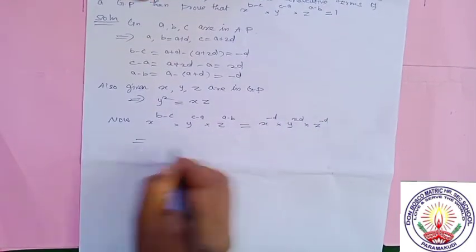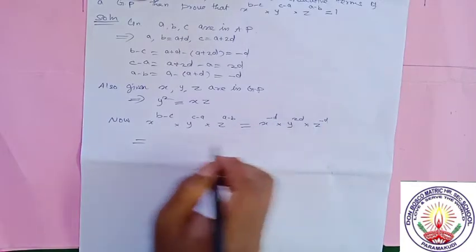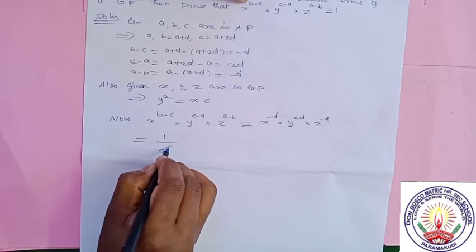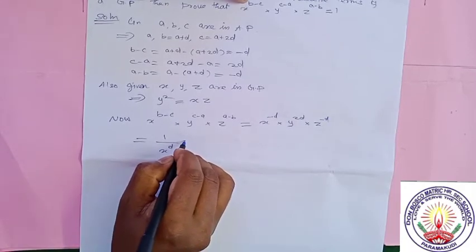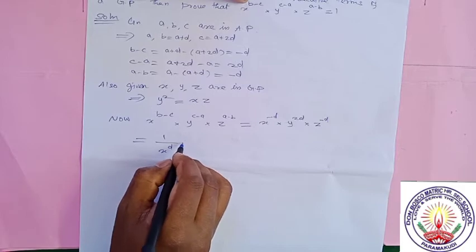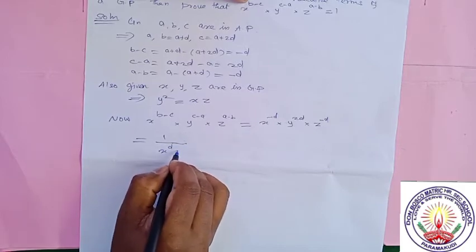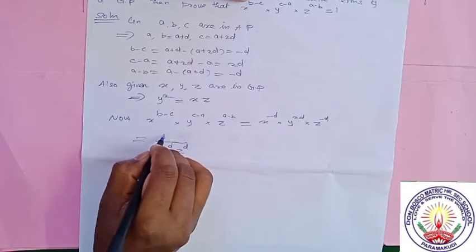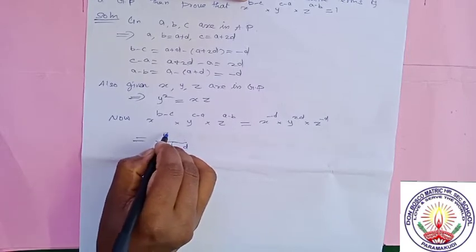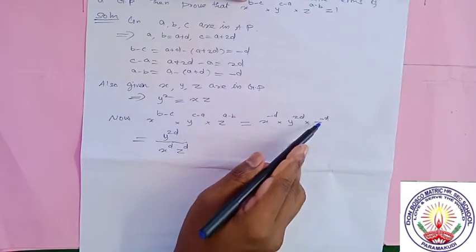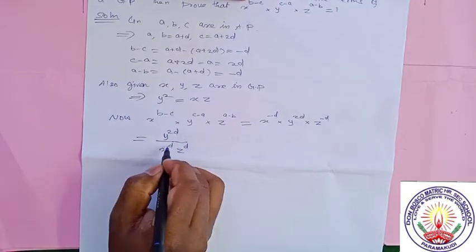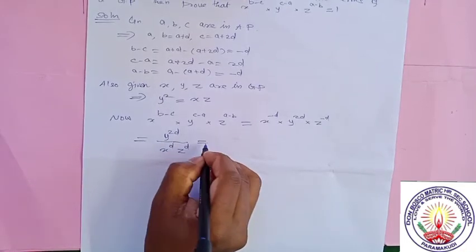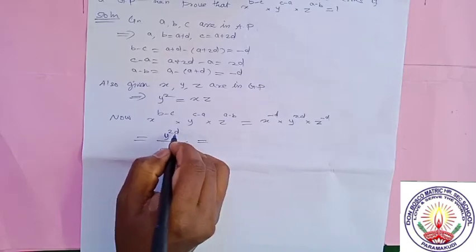Which is equal to X power minus D, Z power minus D. Bring this minus D to the denominator. 1 by X power plus D, and also Z power minus D will become 1 by Z power plus D. The numerator will become Y power 2D. Since the powers are negative, bring them to the denominator: X power D into Z power D. The numerator will become Y power 2D,